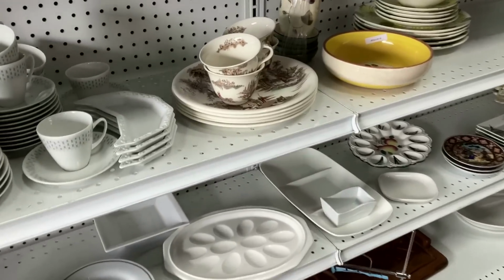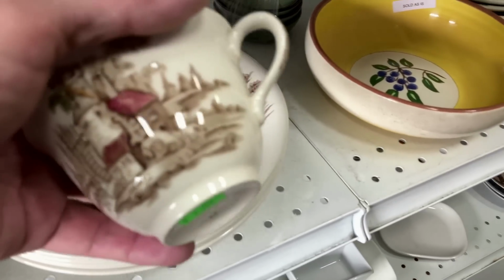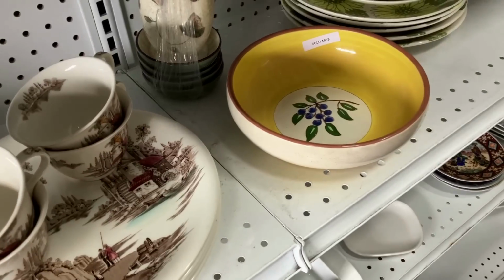Can you hear the birds? This is a pretty pattern. I'm sitting on my porch and I have the screen open. I don't know why I do, because it's pretty chilly today, but...